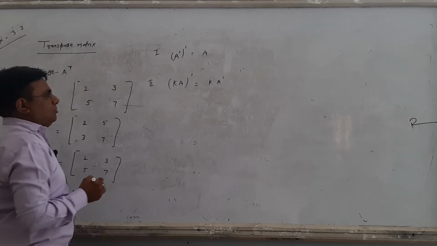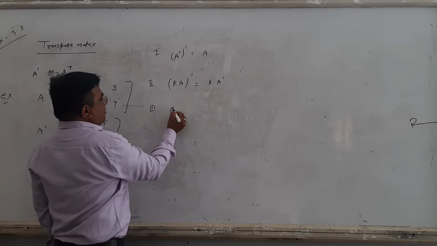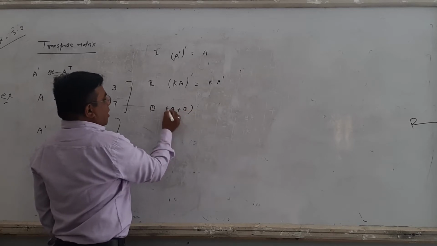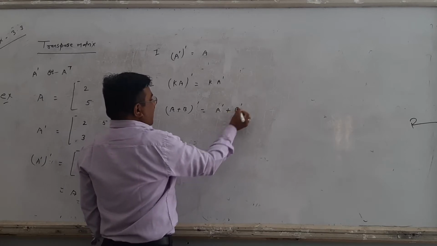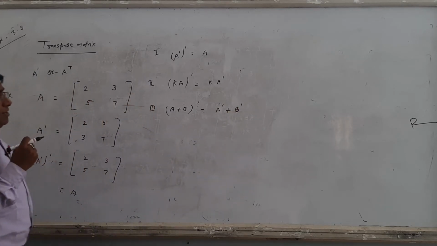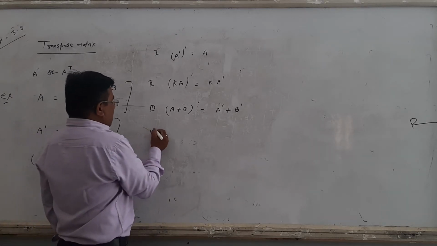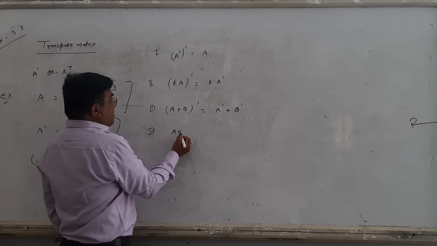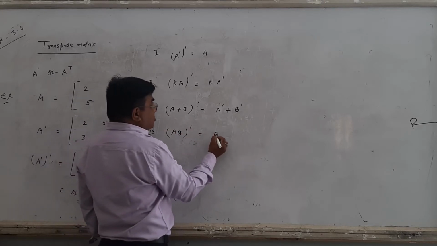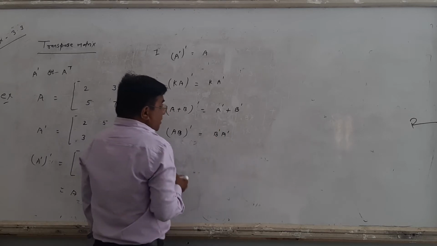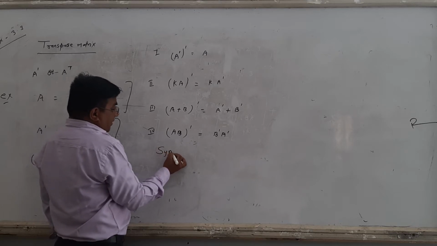किसी मैट्रिक्स का ट्रांसपोज, कांस्टेंट का ट्रांसपोज फाइंड नहीं होता. Then third, suppose two matrices, and the sum's whole transpose is equal to A dash plus B dash, right? This is the property. Now take any two matrices and verify this property. Now the fourth property: AB whole dash, product of two matrices का transpose, is equal to B dash into A dash.